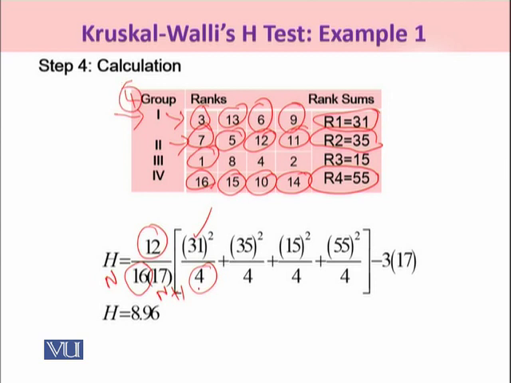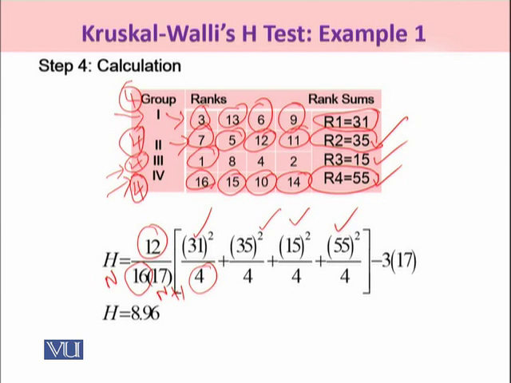So, you divide it with 4 plus next rank sum 35, उसका आपने square लिया और divide किया with the total number of observations in the group 2, they were also 4. उसके बाद आपने इसमें add किया next rank sum, that was 15, उसका square लिया, इसको divide किया, again आपने total number of observations in group 3, they were 4, and finally we have summed up the rank sum for the 4th group, that was 55, उसका आपने square लिया, and again you divide it with the corresponding number of observations in group 4. So वो आपके पास 4 थी again, because we have the same number of observations under all 4 groups,